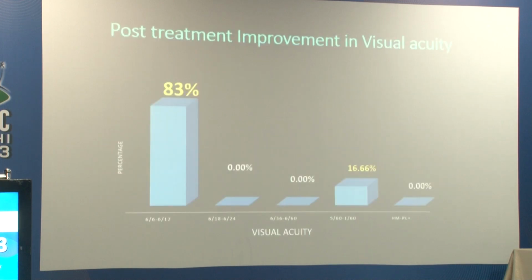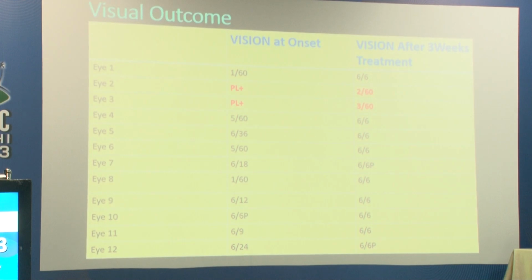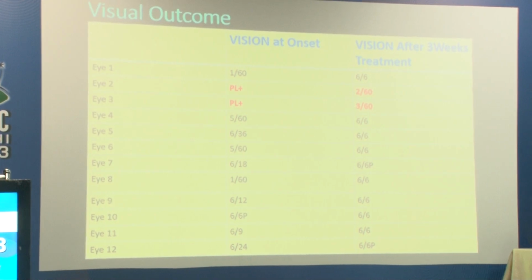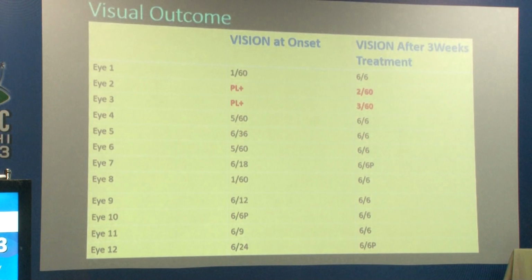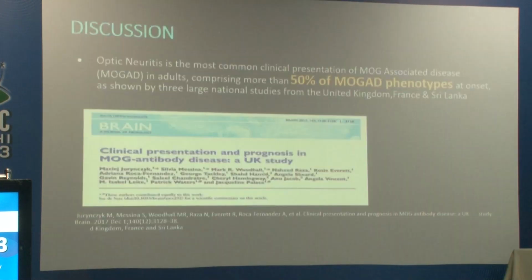This is the post-treatment improvement in visual acuity. 83% of patients improved to 6/6, and this is the visual outcome pre-therapy and post-therapy. You can see most of the patients improved to 6/6, and 2 patients with PL plus improved to 2/60 and 3/60. Coming to the discussion, this UK study shows that 50% of MOG phenotypes present with optic neuritis,